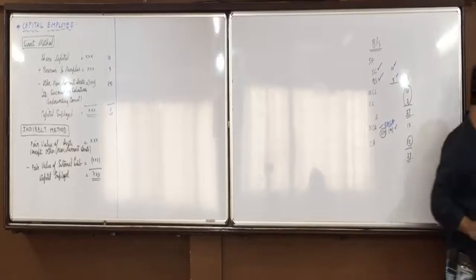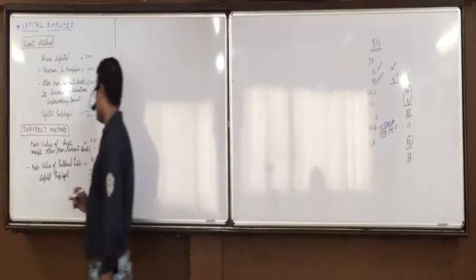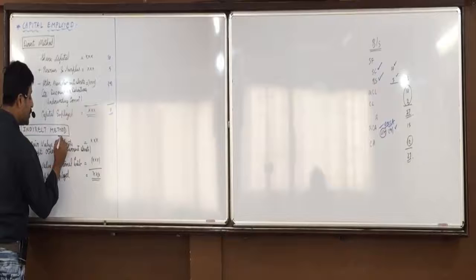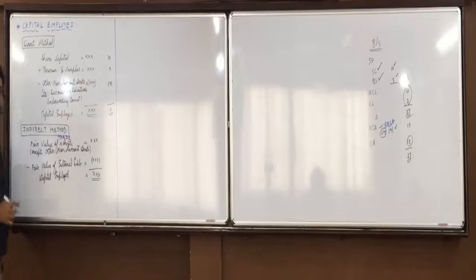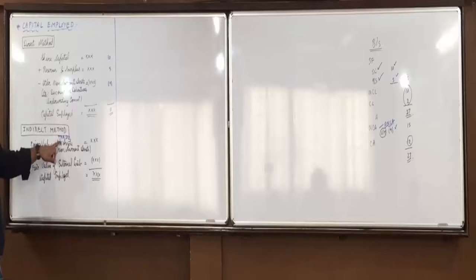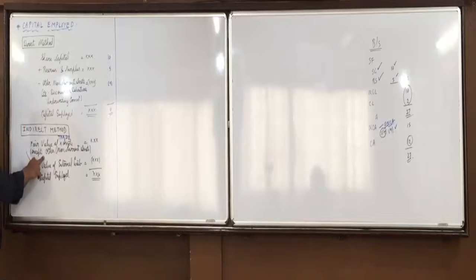One more thing you can specifically mention, that fair value of trade assets. You understand this trade assets concept I discussed? Trade and non-trade. Trade assets means the assets which are invested in business activities, and non-trade means outside business activities. What is the best example of a non-trade asset? Best example, investments. Investments never get into the business activity. You invest in shares, debentures, government securities. Investments are generally non-trade. Investments will not be included.